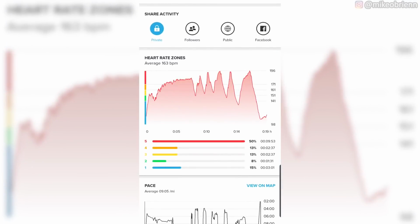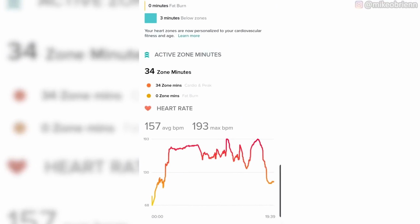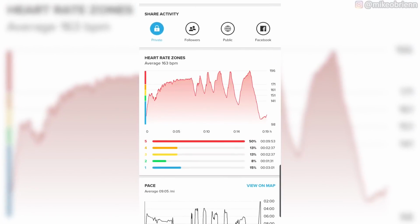They both had a dip at maybe like the 1.5 minute mark when I was crossing a bridge right there. There was some traffic, so I had to slow down. And then I started running a lot faster, so it jumped back up, but a little bit different at the pace at which it jumped back up. But for the most part, you'll see that they did a similar job here,